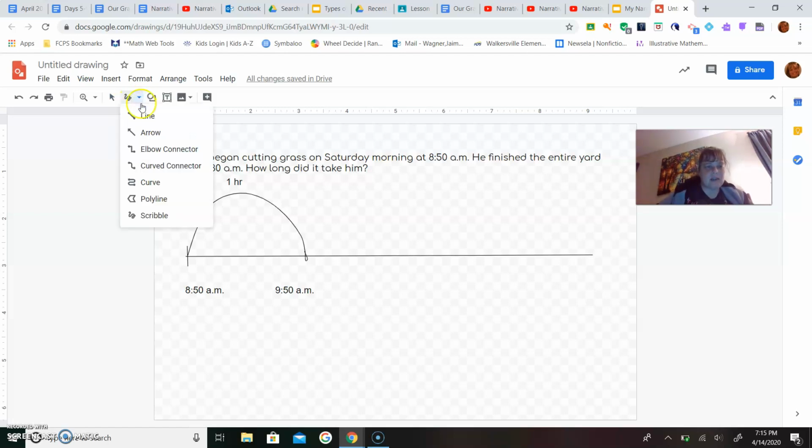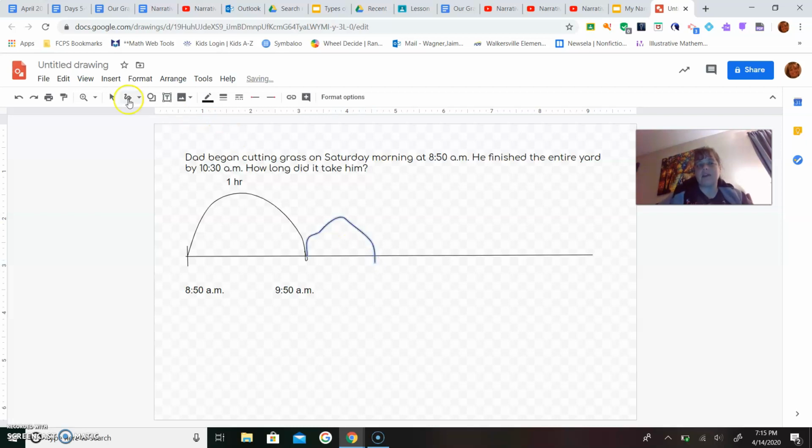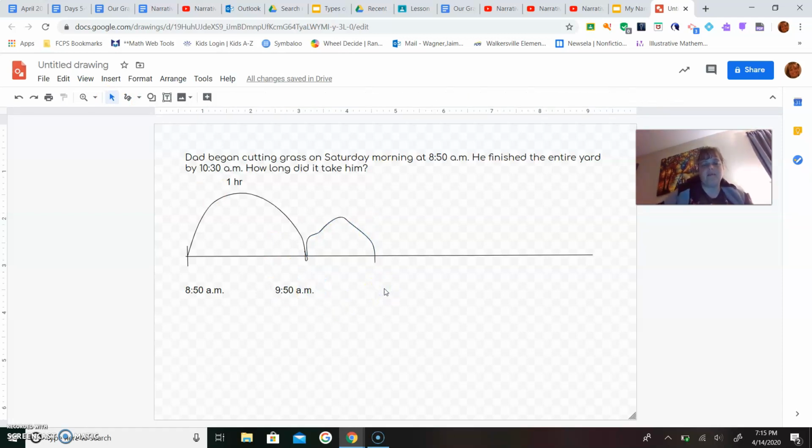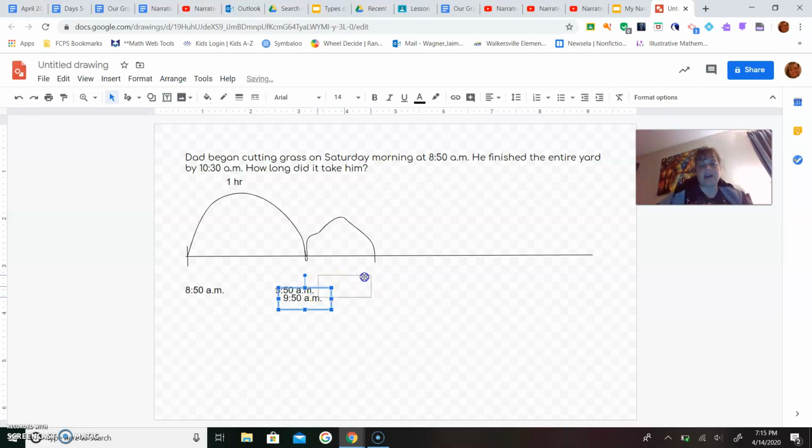Scribbly, I need you. All right, right here. Are you going to work for me this time? Okay, here's my jump, thank you. And I'm going to grab my arrow, and then copy this and move it over here, because I want to say what time I'm at now. If I'm at 9:50 and I go 10 more minutes,